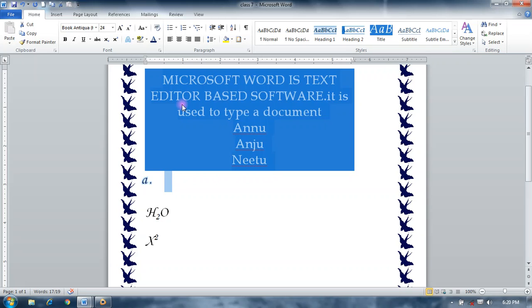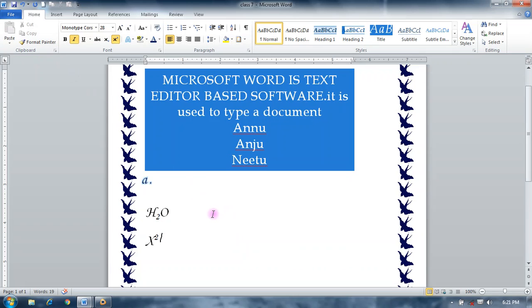Cut removes your text or document from the last space, and it is displayed in another space when you paste.